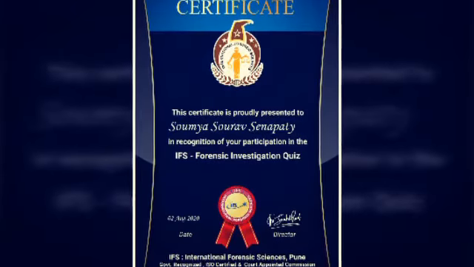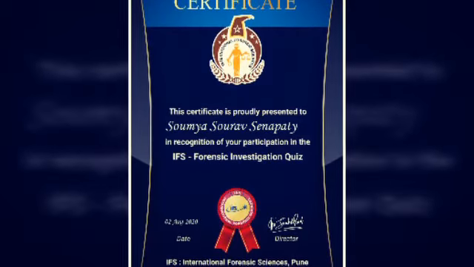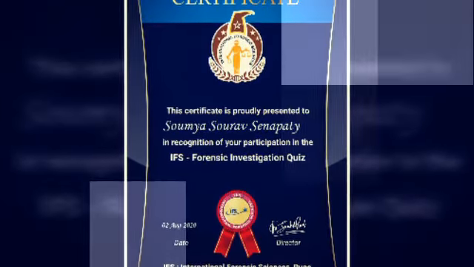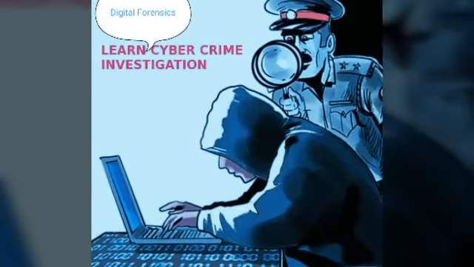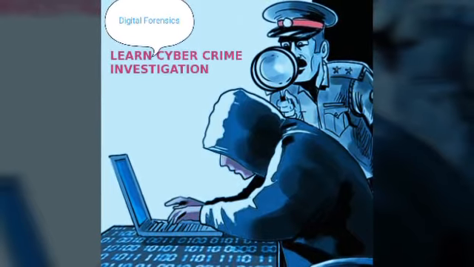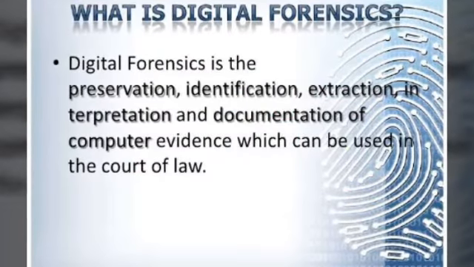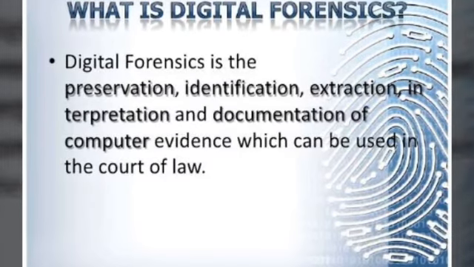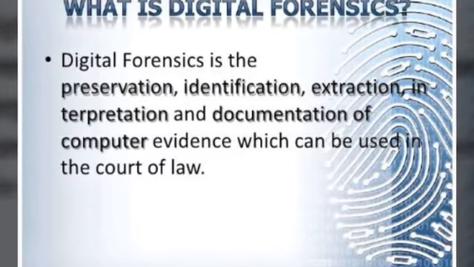I think from the previous video you must have got some knowledge on cyber security, cybercrime investigation and digital forensics. Let's have a brief discussion. So, what is digital forensics? Digital forensics is the preservation, identification, extraction, interpretation, and documentation of computer evidence which can be used in the court